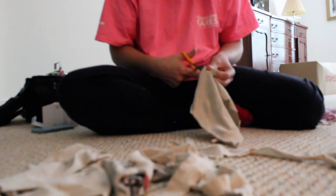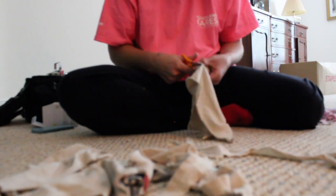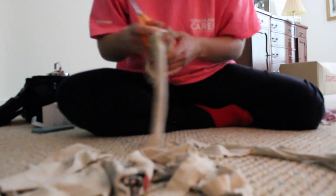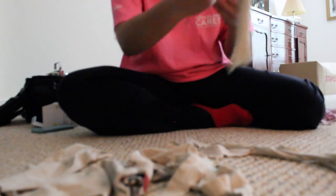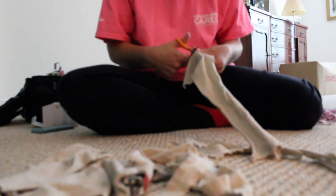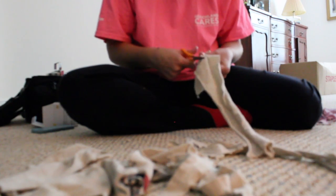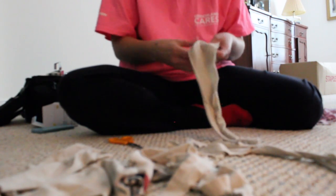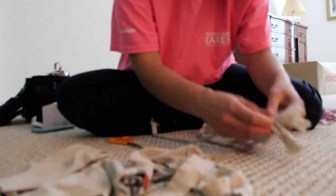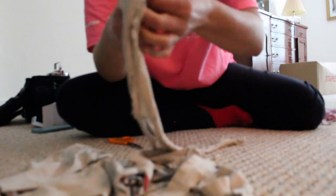Dogs are like what I've grown up with, so that is why I chose to do a dog toy. I am using the leftover shirt from the mask I made, and basically you are just taking 3 pieces of the shirt, and we will do an overhead knot for the top, and then we will tie the 3 pieces together, and when we're ready, we will end the rope by tying it at the end with